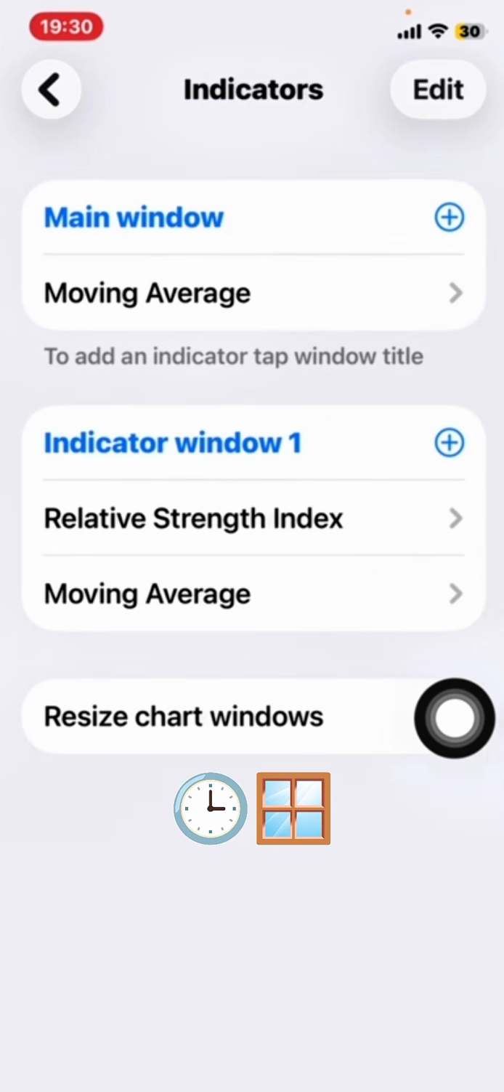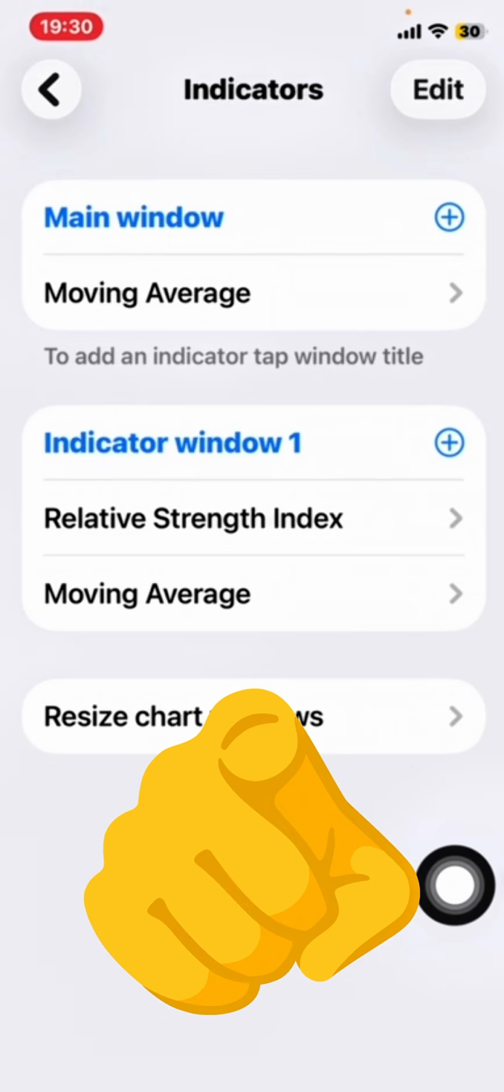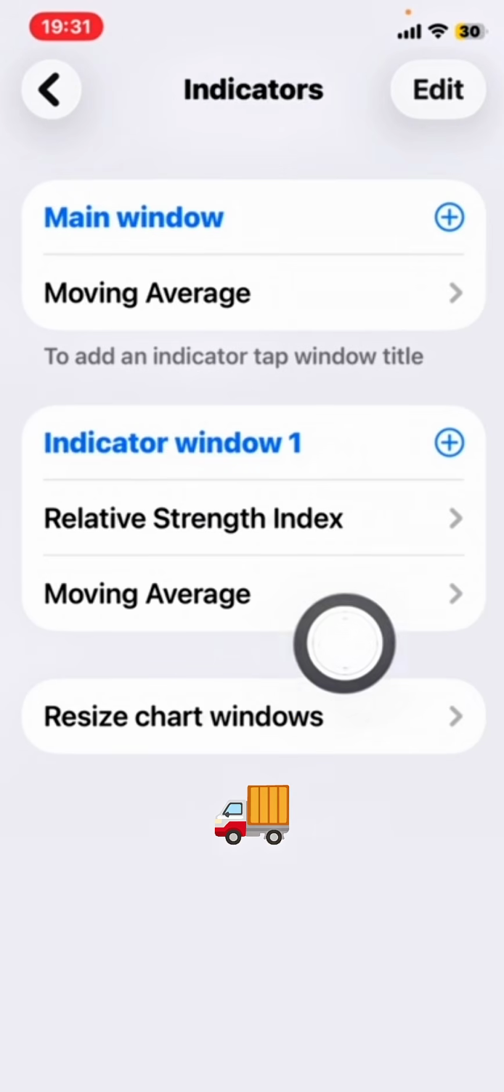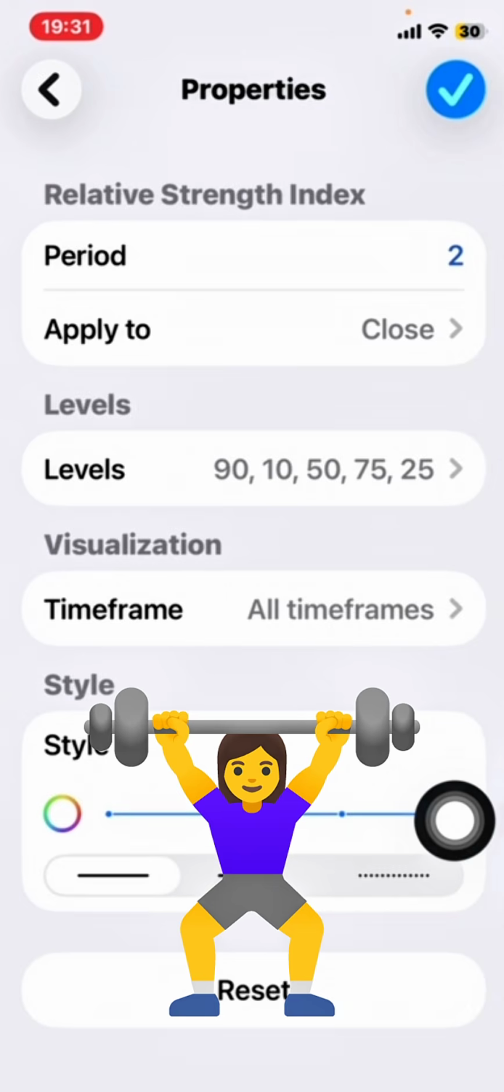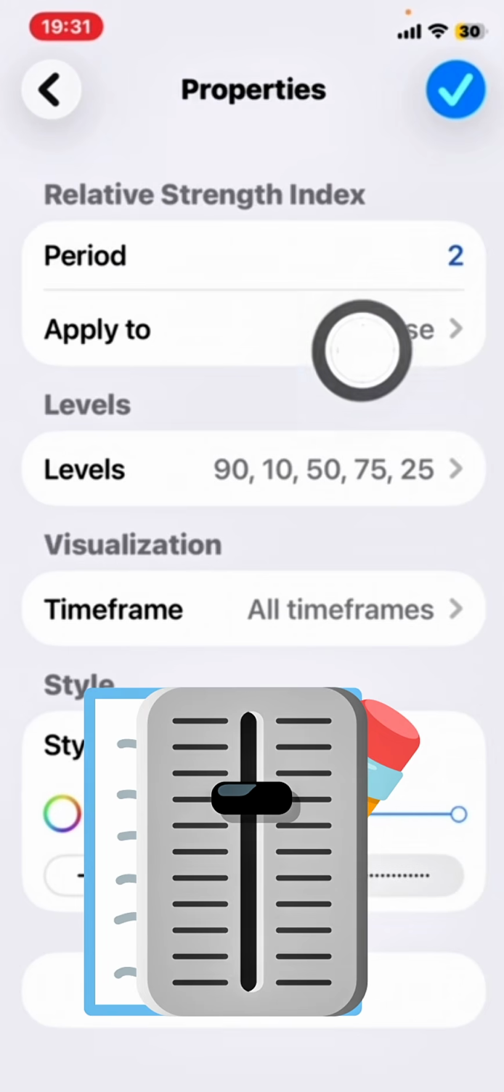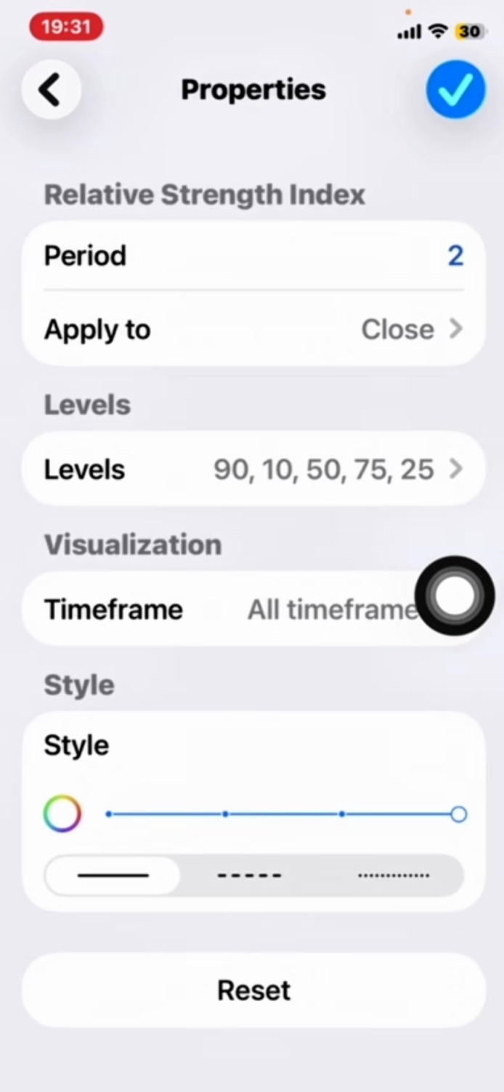Now, for the window indicator 1, if you look at it very well, we have the relative strength index and also we have the moving average. For the relative strength index, let me give you the settings, please. For the relative strength index, you can use period 2, applied to close. You have 5 levels. You have the 90 level,